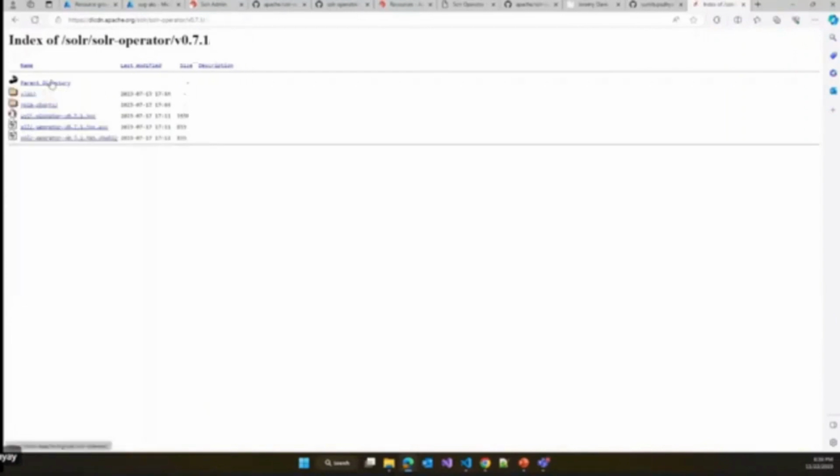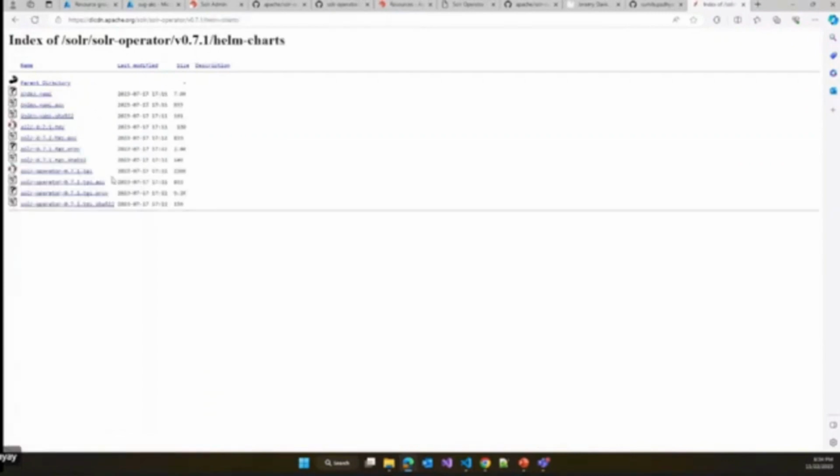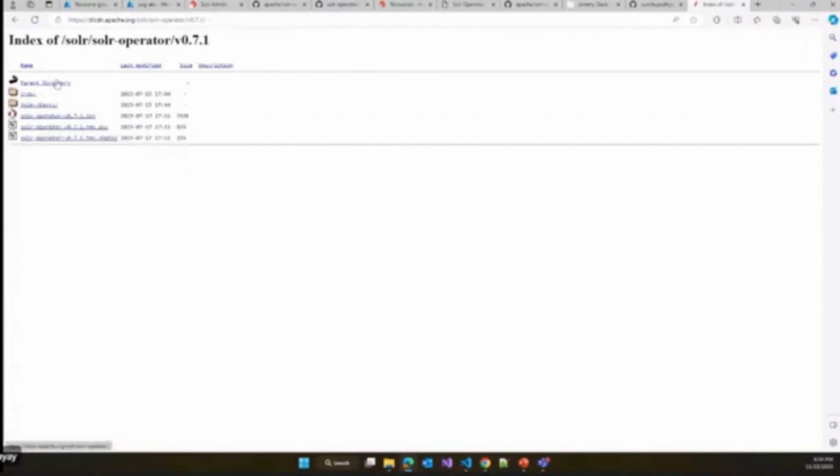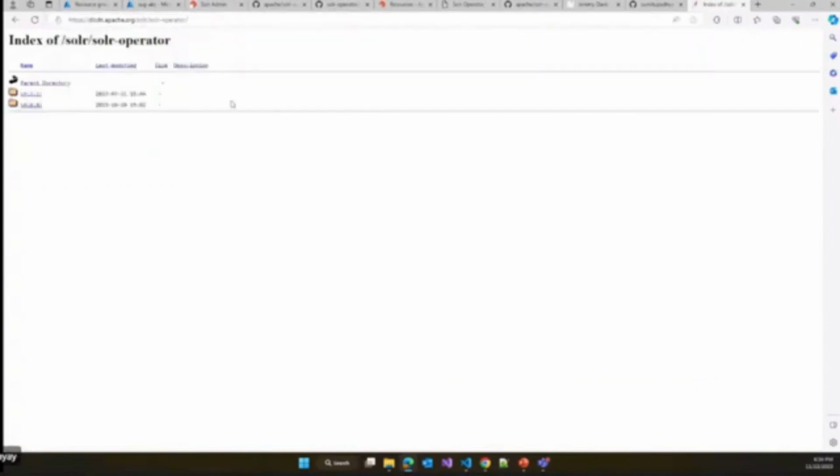And if I go one step back, you should be able to see different versions of Solr operator. Actually on this one. So now we can see that there are two versions of Solr operator,